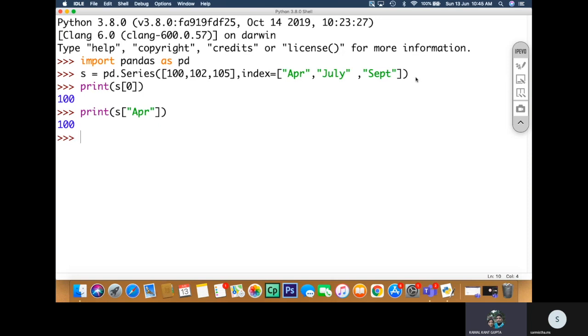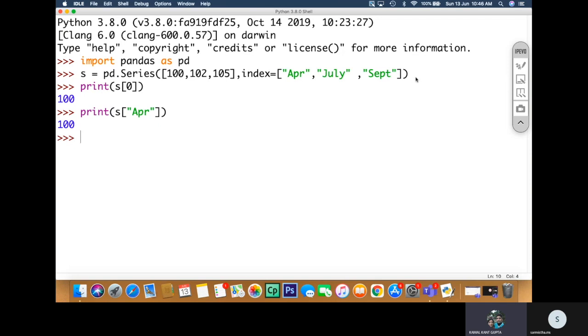So these two points are very important as we are considering the positional indexes and the labeled indexes. Both methods can be used to print the values inside a series. Now let us see the code which I was talking about.